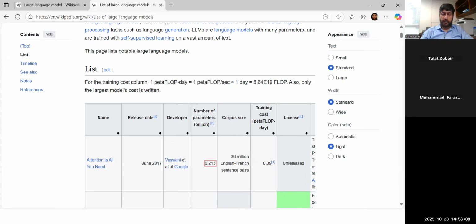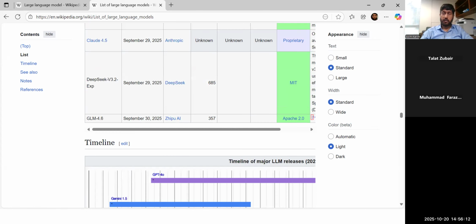ठीक है, GPT-5 का बाय द वे पब्लिकली इन्होंने कोई नहीं बताया कि कितने नंबर ऑफ पैरामीटर्स हैं, so we don't know the number of parameters in GPT-5, for example. But most other models that are 2024, 2025 have hundreds of billions of parameters: 200 billion, 300 billion, 500 billion. There were also 1 trillion parameter models some time back, a couple of years back or a year and a half back, but that didn't become very popular.